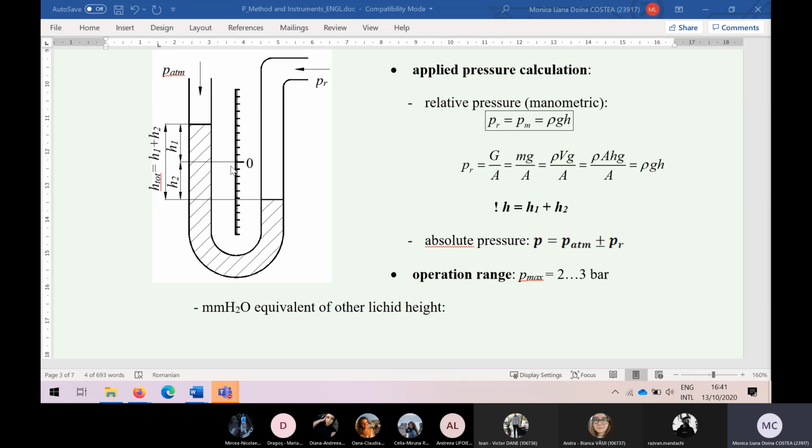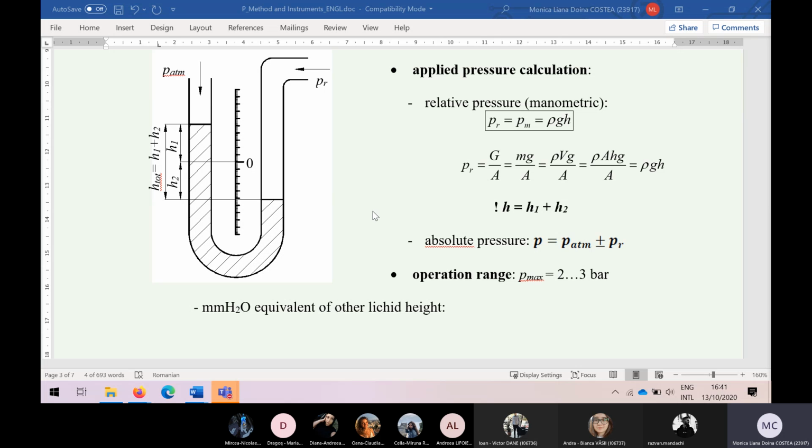You are supposed to read a quarter of millimeter. So a quarter of millimeter water column is 2 Pascal, around 2 and something, almost 2.5, so quite enough